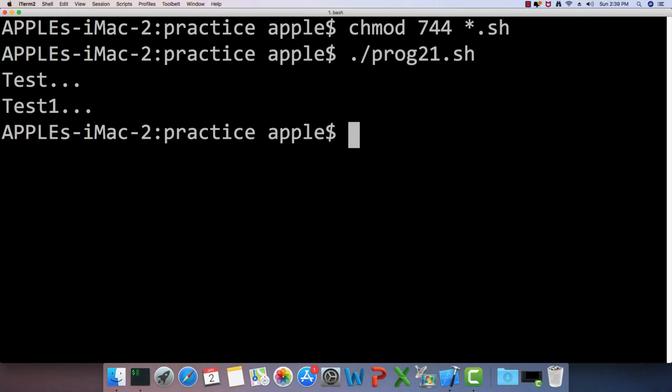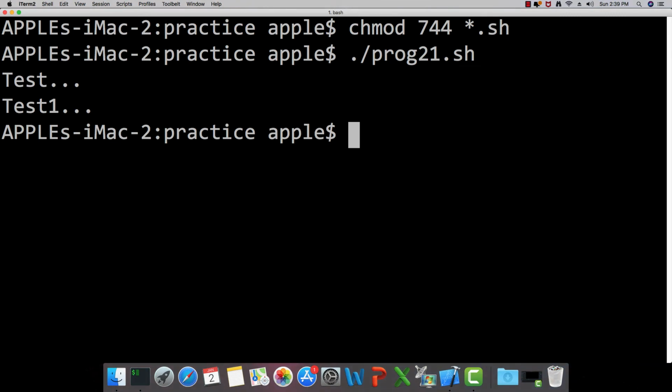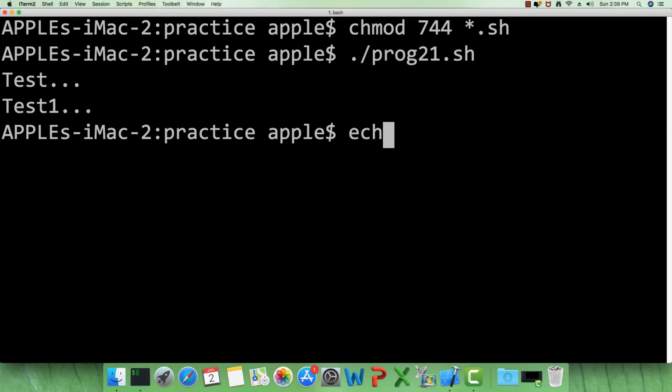Now let us move on to the last thing. Let us understand how to generate random numbers, and that is also quite easy. I can generate a single digit random number with this sort of syntax.